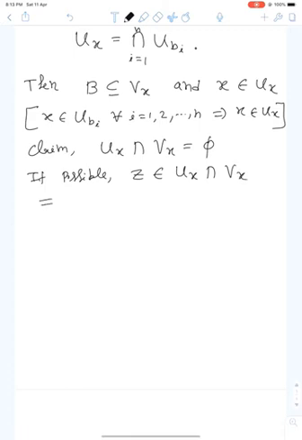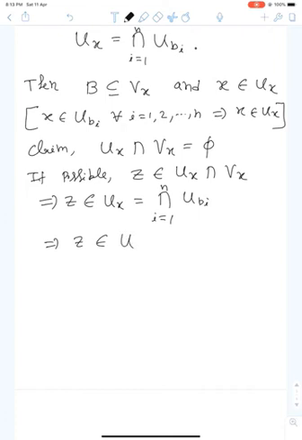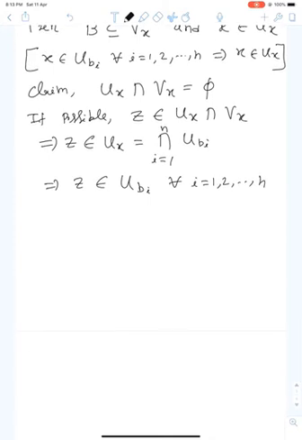That will imply z belongs to Ux, which is just the intersection over i equal to 1 to n of U_Bi. That implies z belongs to U_Bi for all i, right? Also z belongs to Vx. Now what is my Vx? That is the union over i equal to 1 to n